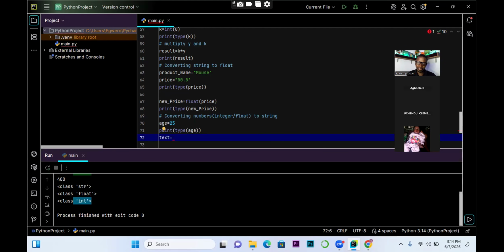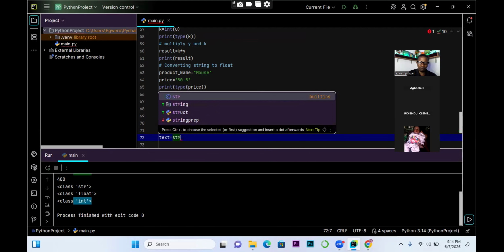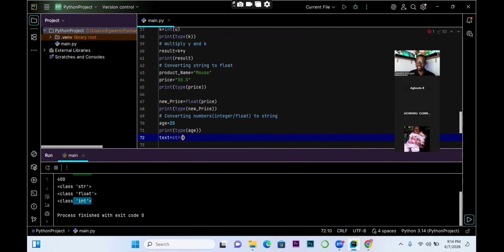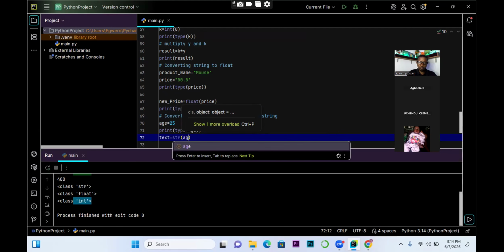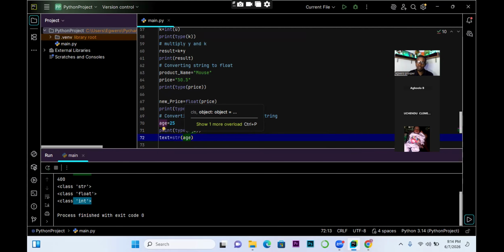String is represented as str. This is the constructor used to convert another data type into a string, which means character-based text, like we have established before. All I will do is submit the name of the variable that is holding the number I want to convert to string. Now if I execute it,